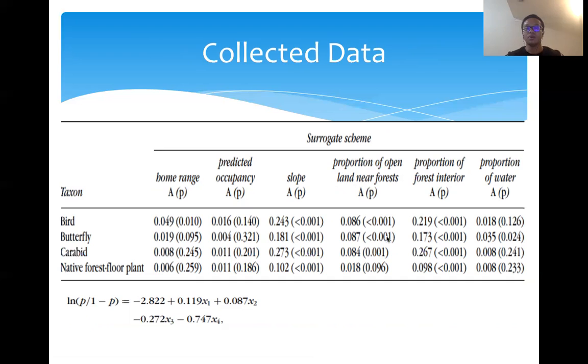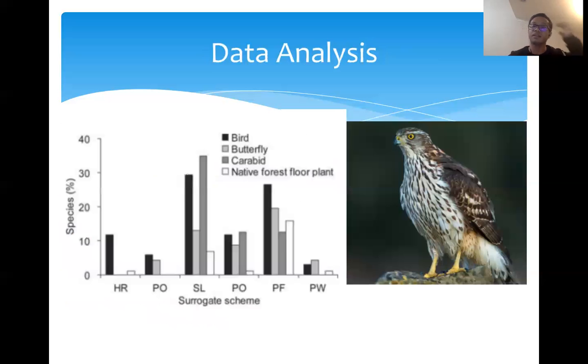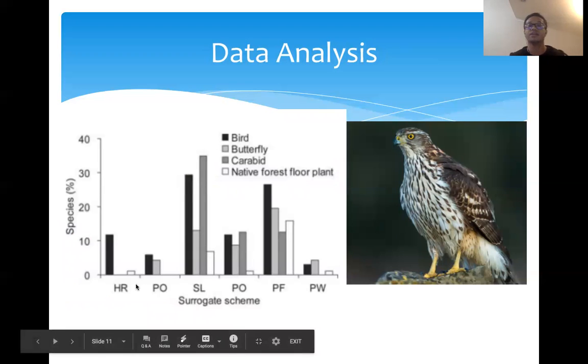Now, what these numbers tell us is the higher the number, you can think of the less potent it was for that variable. So less taxon were observed as a biodiversity for the higher numbers, and the lower the numbers, the more biodiverse the population of the taxon were. So to visualize this, they gave us a bar graph of the species percentage on the y-axis, and on the x-axis, they gave us the